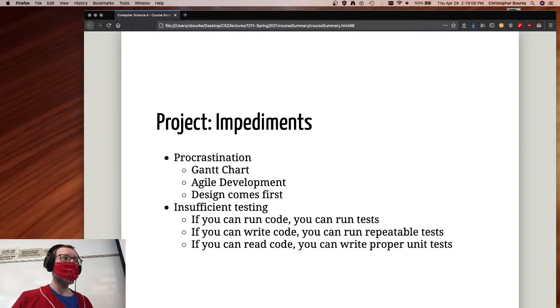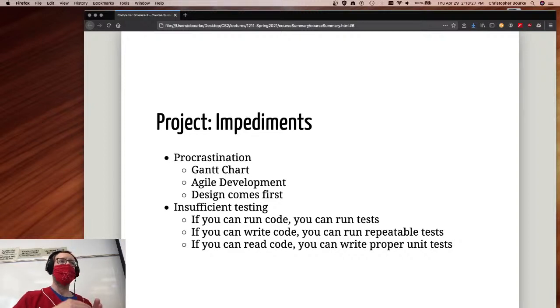But if you can write code, then you can write a test in code, right? So you can write a JUnit test so that next time you don't run it ad hoc, you just hit the button and it runs again. Did I break anything? Run? No, I didn't. Great, we're still good to go. If you can read code, then you can write proper unit tests, right? And using a formal test framework, you don't have to do all that boilerplate stuff going forward.